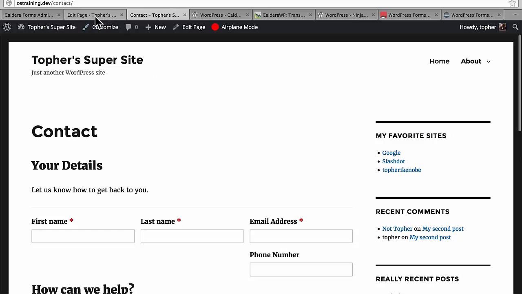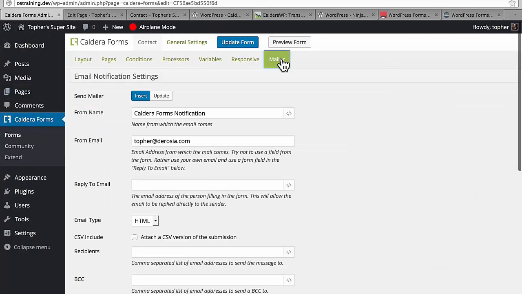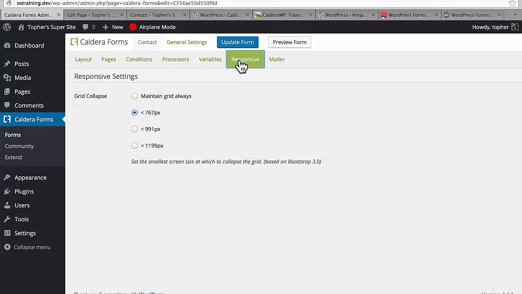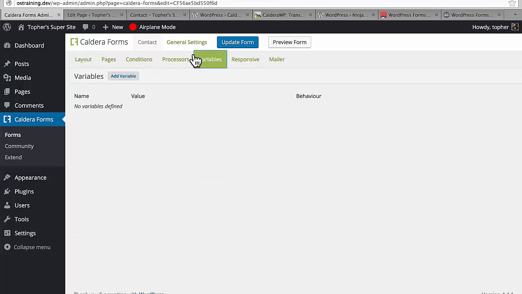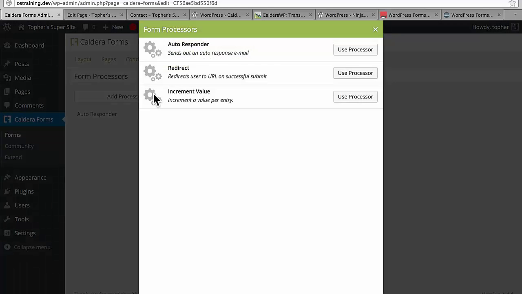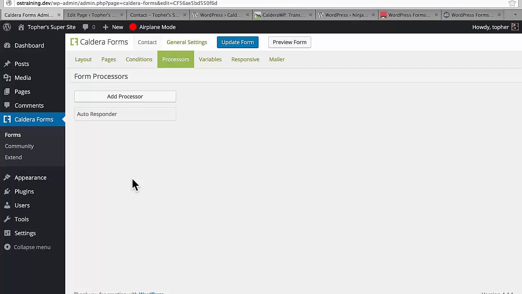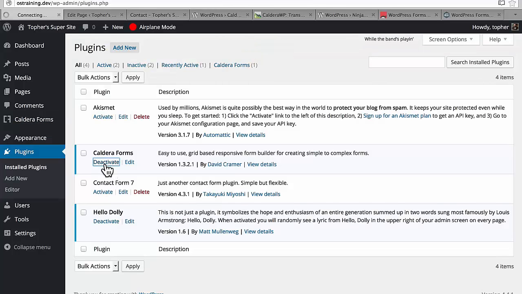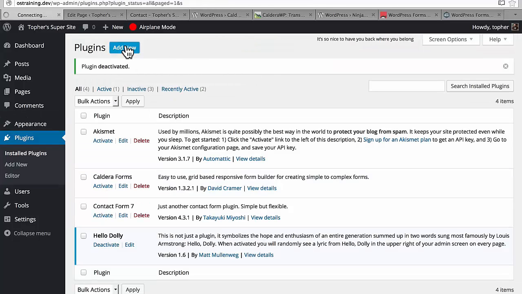Nice layout and everything. And you can set up the mailer so you know where it's going. You can make it responsive. You can add some variables. You can add an autoresponder or redirect or an incremental value on a form. All kinds of things. But let's also look at Ninja Forms. So I'm going to deactivate Caldera Forms and click Add New